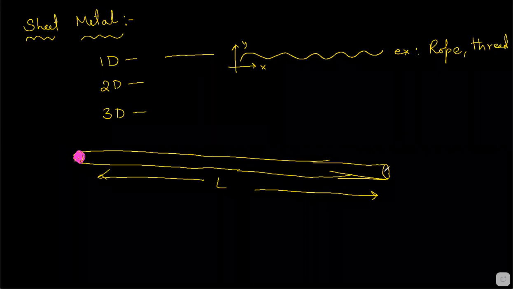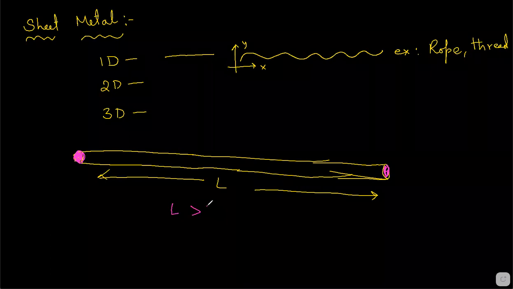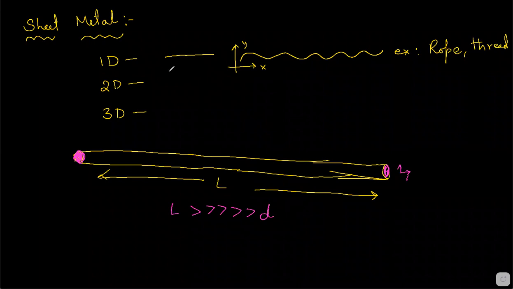Okay, I'll explain the next one. So if one dimension L is far greater than the other two dimensions, which is the diameter. Diameter consists of two dimensions, right? See, two dimensions. One is the radius on this side, one is the radius on that side, right? So L is far greater than the diameter. That's why it's one dimensional. Okay, one dimension is far greater than the other two dimensions. If it is a 2D, 2D means two dimensional part.